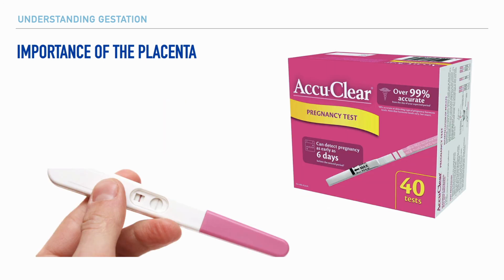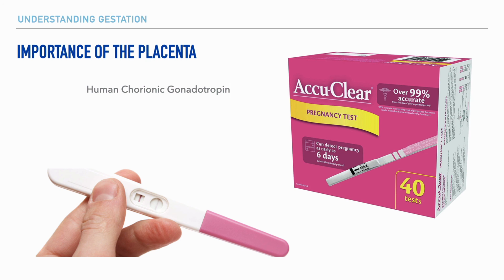Another function that we can attribute to the placenta is that it serves as an endocrine system organ, meaning that it's responsible for the release of hormones. And specifically, there are several hormones from this organ, but the one that I'd like us to give our attention to first is human chorionic gonadotropin, or HCG. And I'd like to give attention to this one because it's this hormone that's responsible for being the telltale sign of pregnancy. In fact, it's the presence of this hormone that is picked up from pregnancy tests that collect urine or blood samples. And if this hormone is present within either of these samples, we can be certain that one is pregnant.